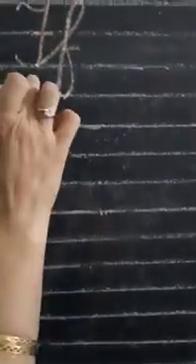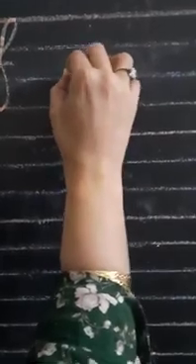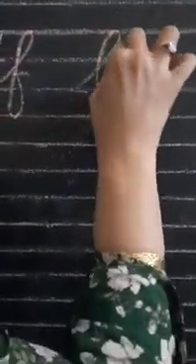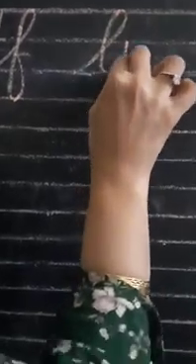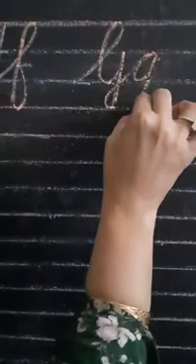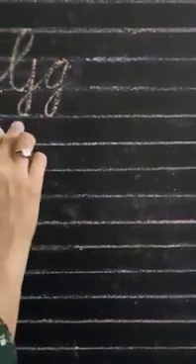This is joining F. Okay, now what comes after joining F? It comes joining G. Okay, for joining G we will write go up, take a turn, come down, again take a turn and from here we will make small g. Yes, okay, again take a turn. This is joining G. Now after joining G, it comes joining H.